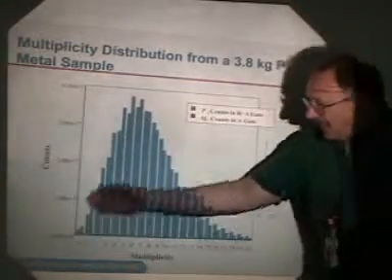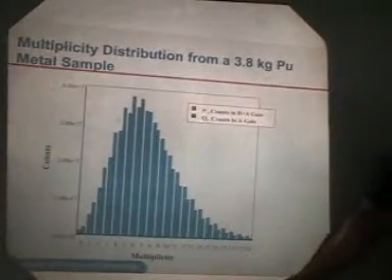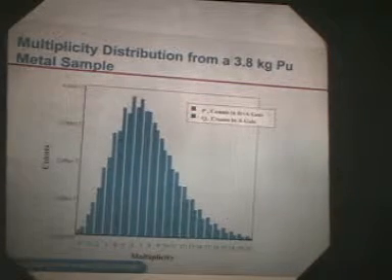And so just as we used the counting formula